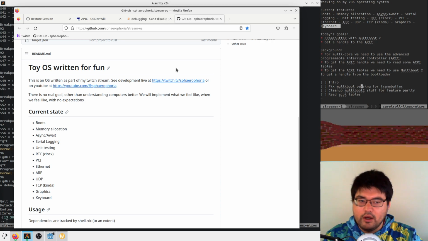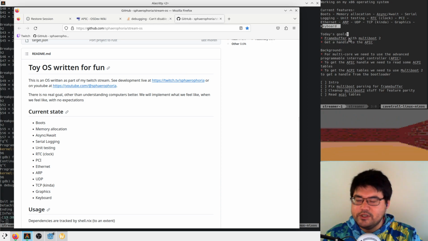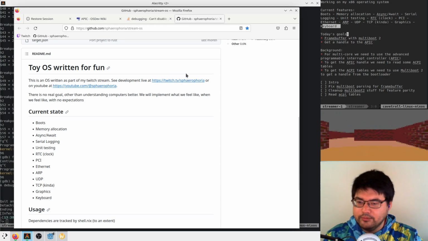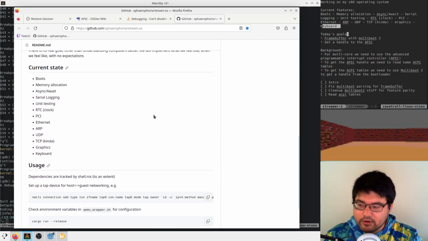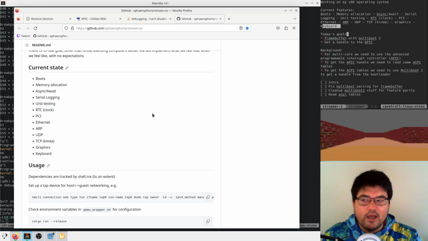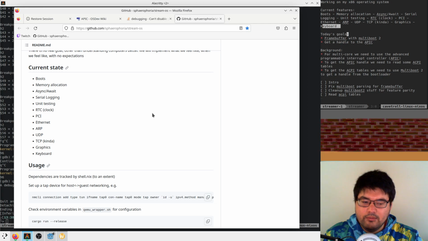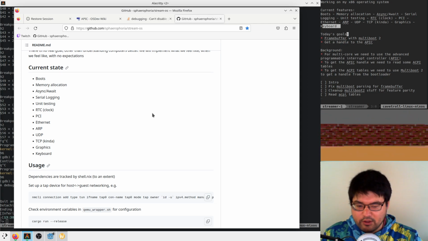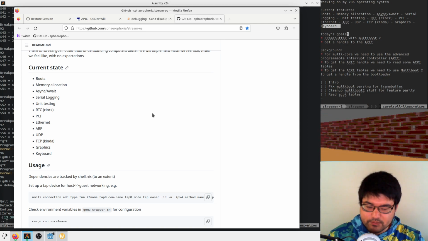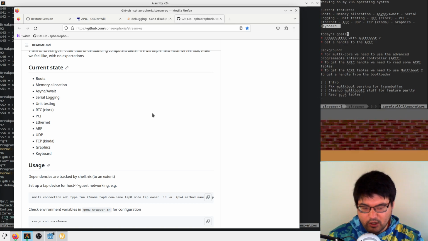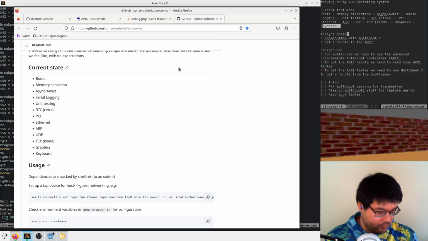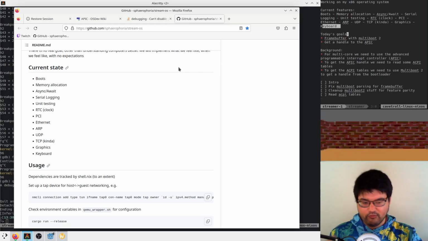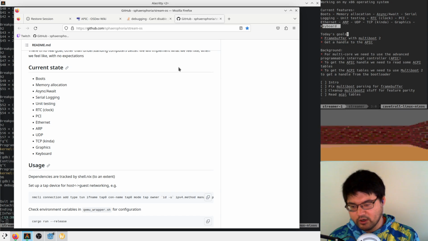What we're working on right now is multi-core support. As of right now, our whole operating system works under the assumption that we are running on one core. We're working towards enabling the other cores, fixing all of the assumptions about one core, and trying to run our task executor in a multi-threaded way so that it pulls tasks from whichever core is free to do work, and we'll run it there.